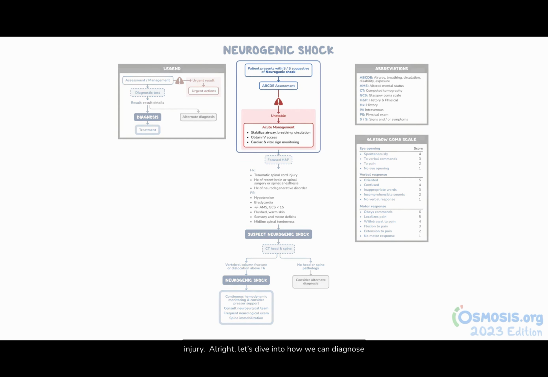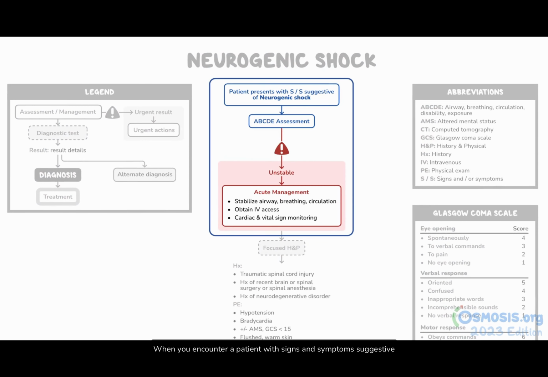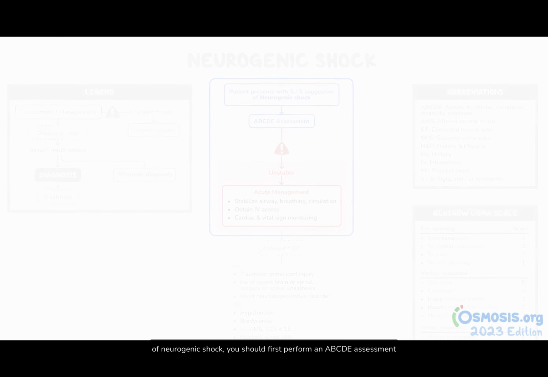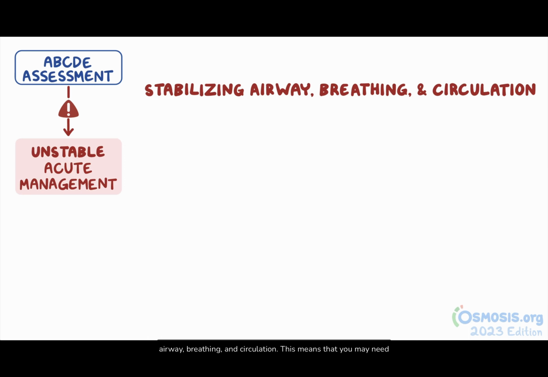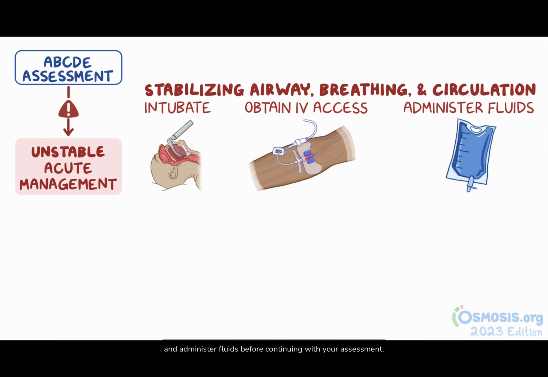All right, let's dive into how we can diagnose and treat a patient with neurogenic shock. When you encounter a patient with signs and symptoms suggestive of neurogenic shock, you should first perform an ABCDE assessment, then immediately begin acute management. Start by stabilizing the patient's airway, breathing, and circulation. This means that you may need to intubate the patient, obtain IV access, and administer fluids before continuing with your